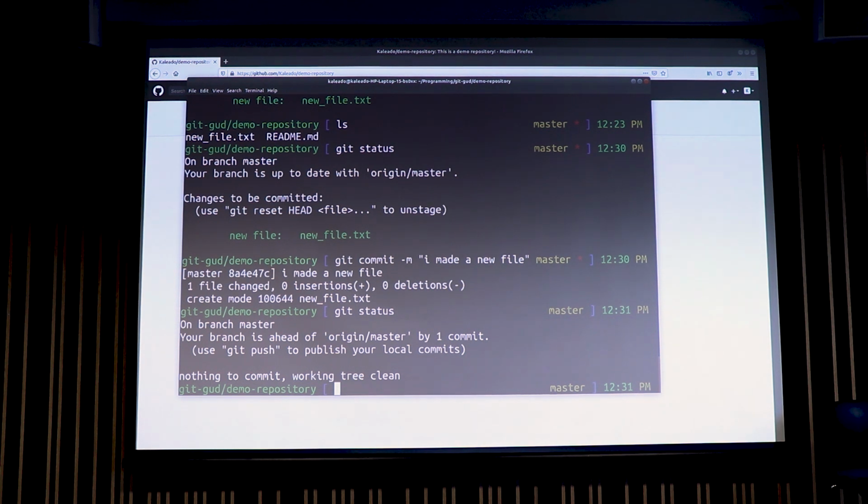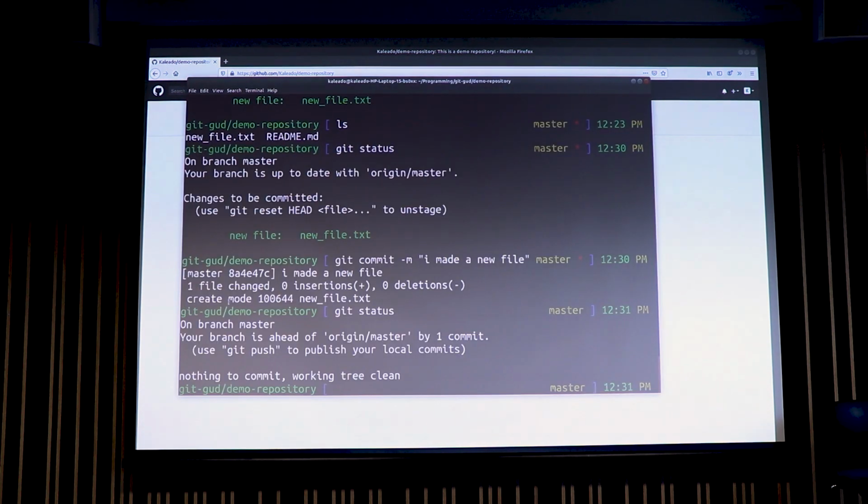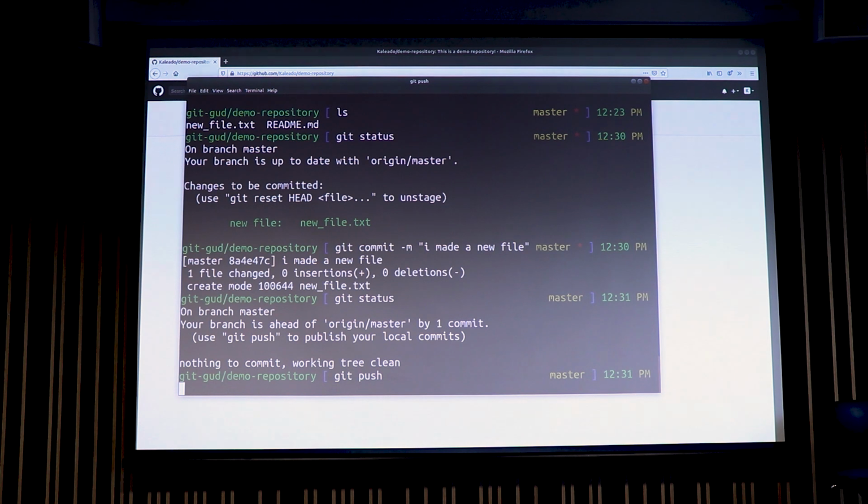That's saying that my working tree, which is my local files, isn't any different from the index, okay? So basically you can imagine that our index and our local files are the same, so we're up to date, right? Now that I've made a commit, you can see the commit hasn't been pushed, so the remote still has only 1 commit, and it's still just the initial commit. But if I now go git push and type in my credentials,